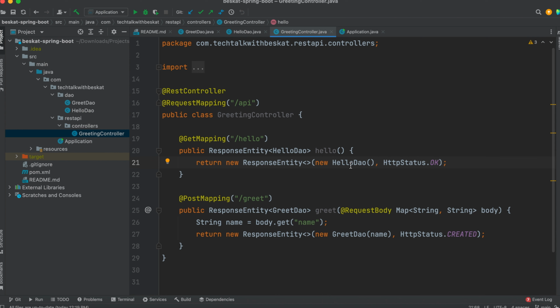The second endpoint is a POST endpoint at /api/greet. We're using the @RequestBody annotation to specify that the JSON object in the request body should be mapped to a Map object. We're getting the name property from the Map object and using it to create a new GreetDTO object with a message that includes the name. Finally, we're returning a ResponseEntity object with the HTTP status code HttpStatus.CREATED and the GreetDTO object as the JSON